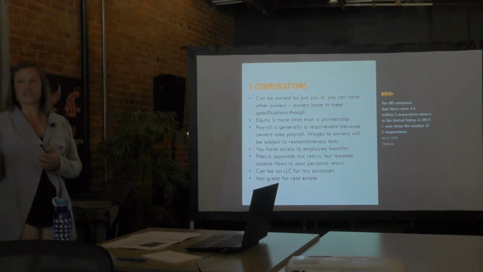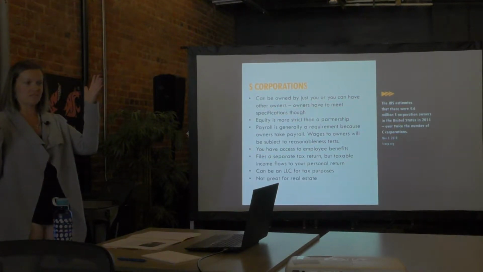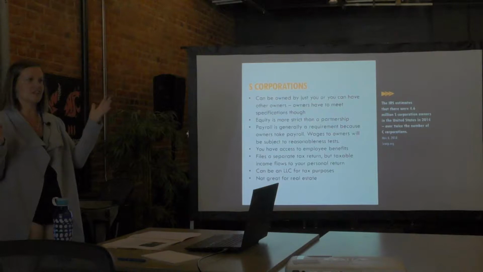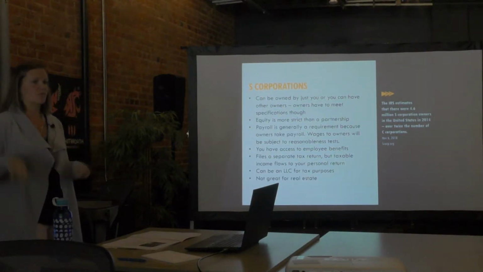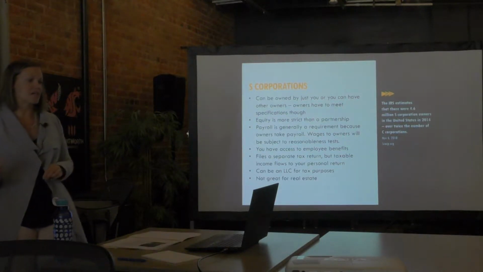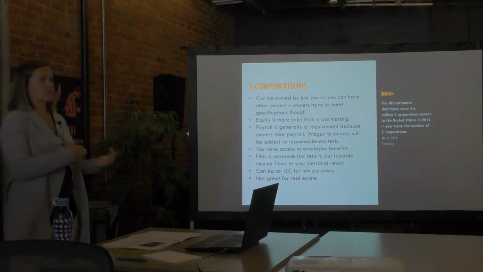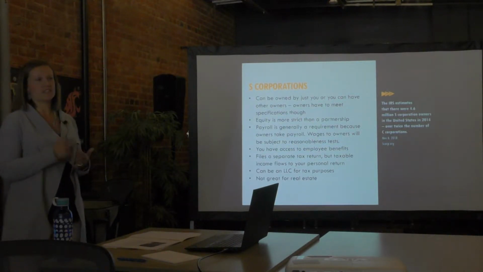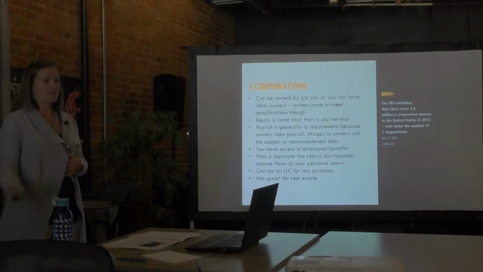Some of this that you took as distributions, if you have $100,000 in distributions and 0 in wages, the IRS will call you on it and they'll tax those as wages. So you can't just say, oh, I'm a sole proprietor, I'm going to go to S corp and I'm only going to do distributions. The IRS has caught on to that. But like I said, with the sole proprietorship, if you're already paying your people, it's an easier switch to the S corp, because you're going to do wages anyway, so doing wages to yourself isn't that much different.